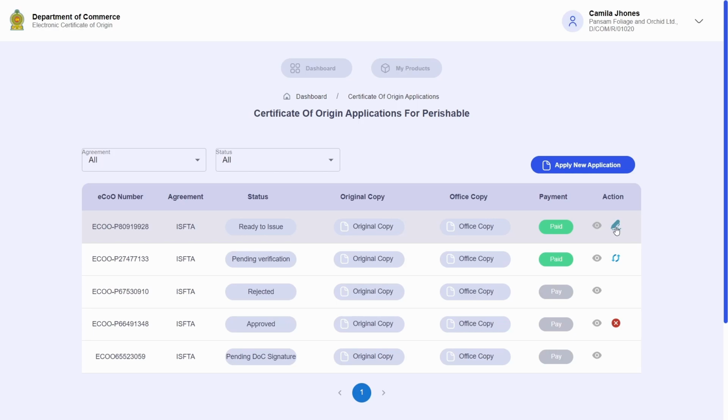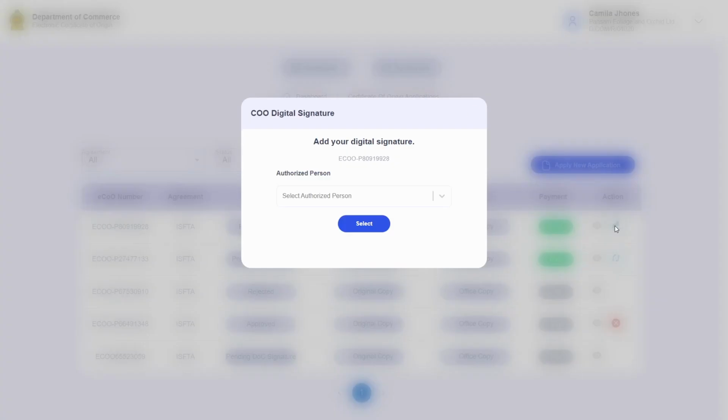This can be done by clicking on the pen icon. We have a separate video named Digital Signature guiding users on how to upload their digital signatures into the system. So go ahead and watch that video if you need more guidance regarding this